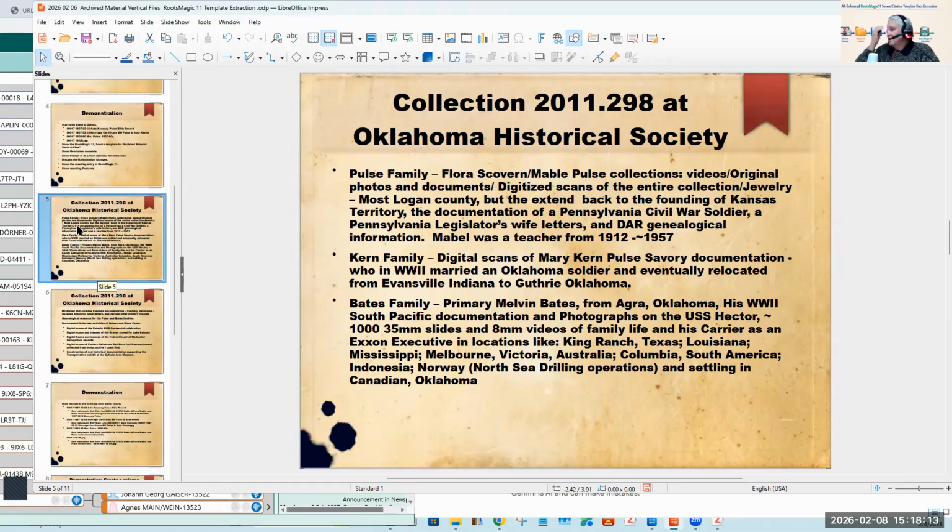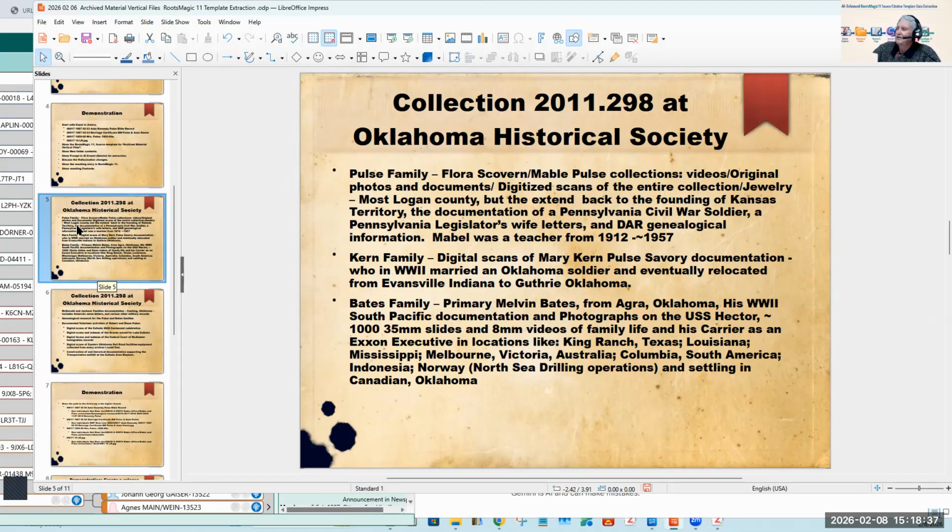Now the rest of this is going to be about the collection at Oklahoma Historical Society, and one of the reasons why I added it here is I've not really fully documented that collection. I do it in bits and pieces, and I submit pieces to them on almost a 5-year basis.